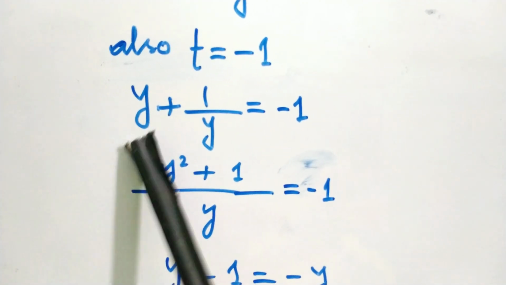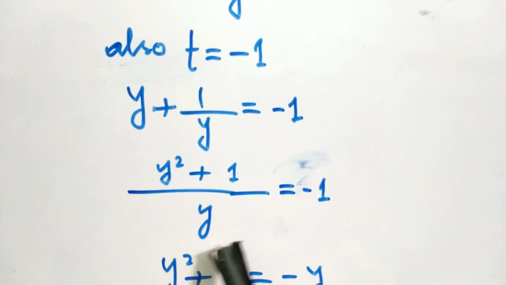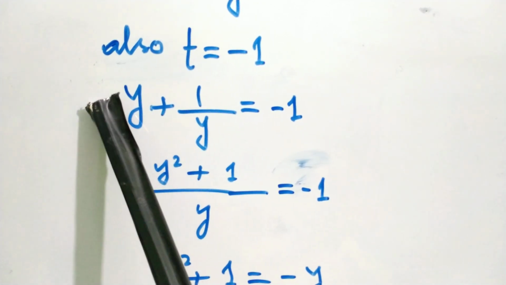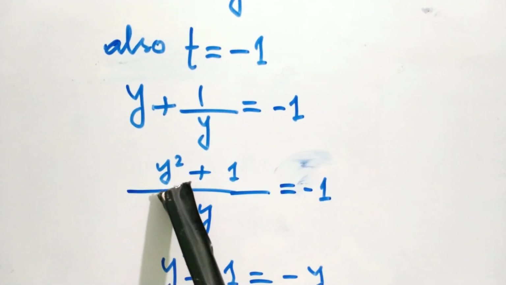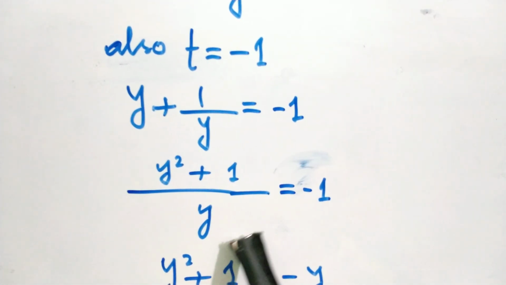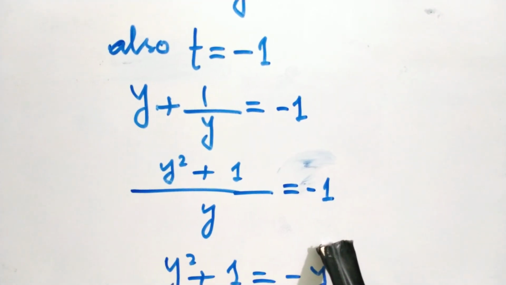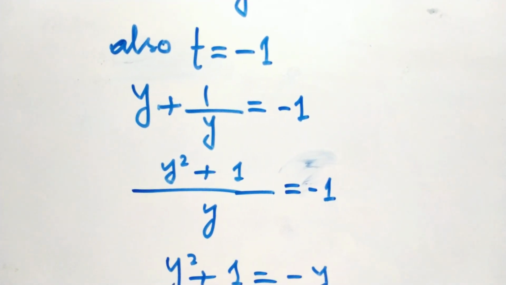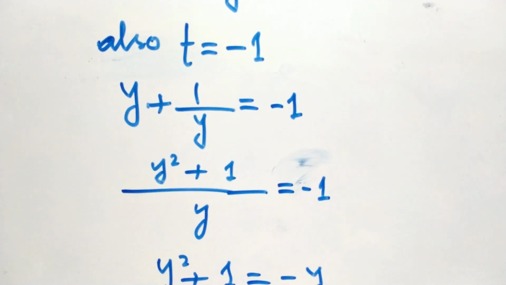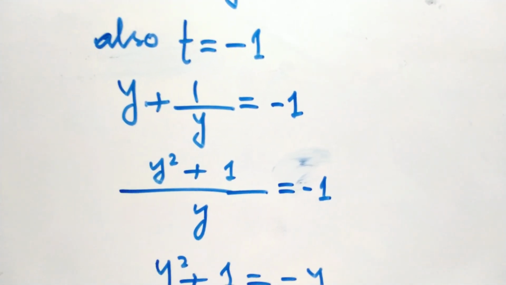So in the denominator there is nothing but 1 multiplied by y, and y will multiply by y, that is y square. So y cancels out y, that is equal to 1. 1 multiplied by 1 is equal to 1. So that is minus 1 equal to minus 1. This is simple mathematics of class 4 LCM I have elaborated.